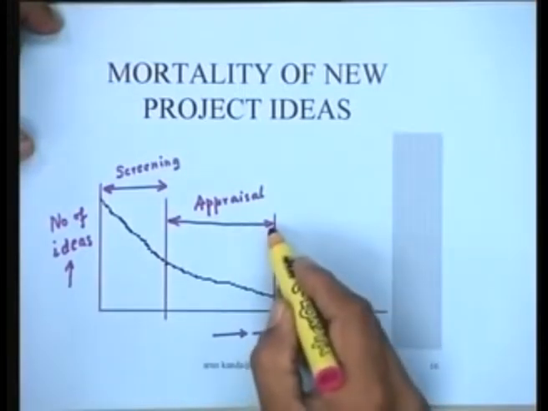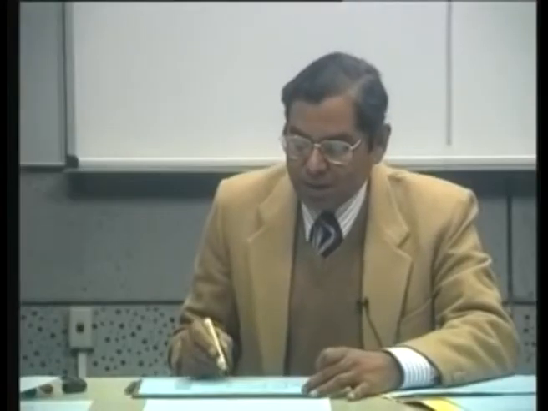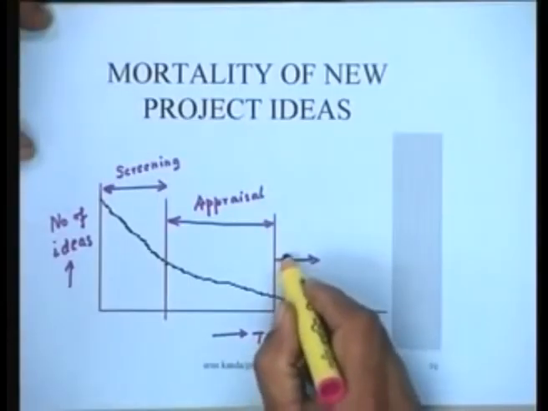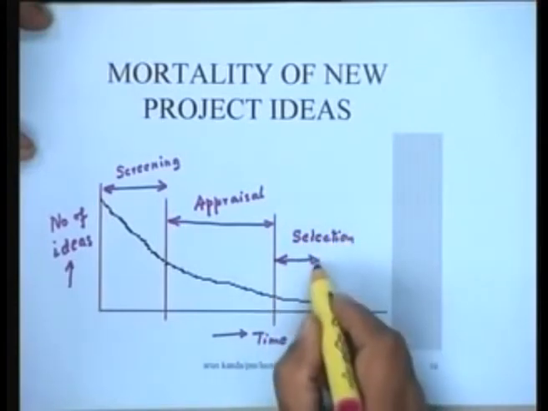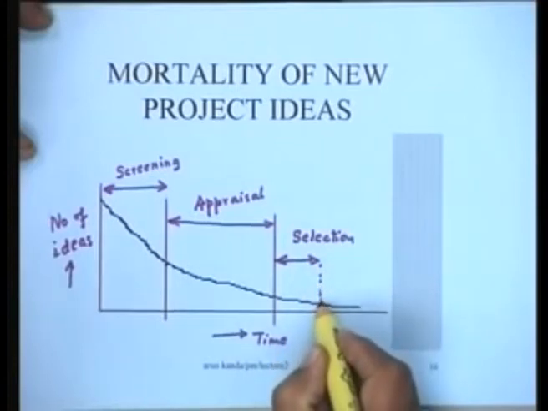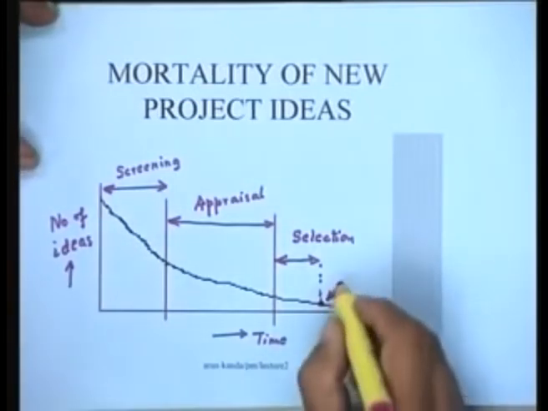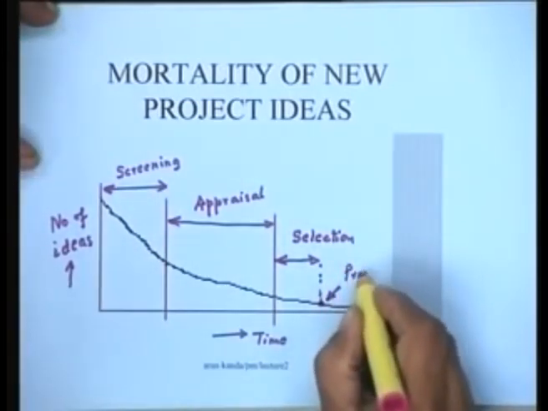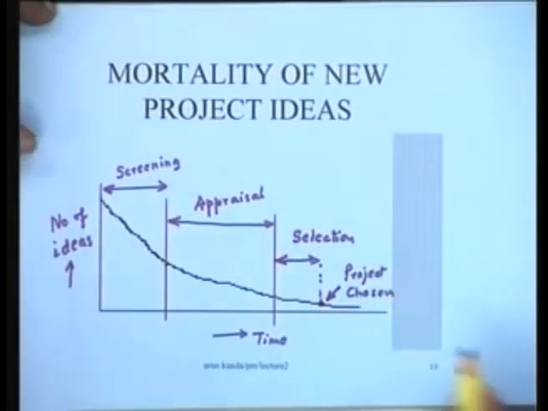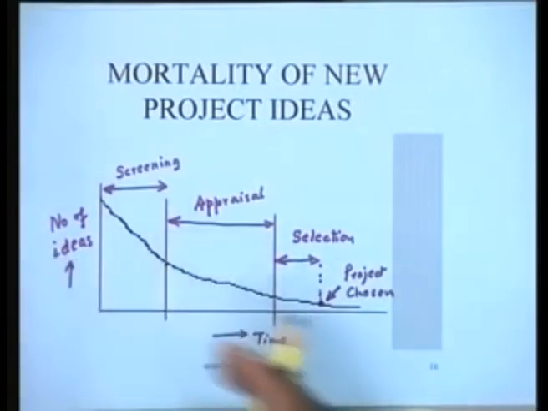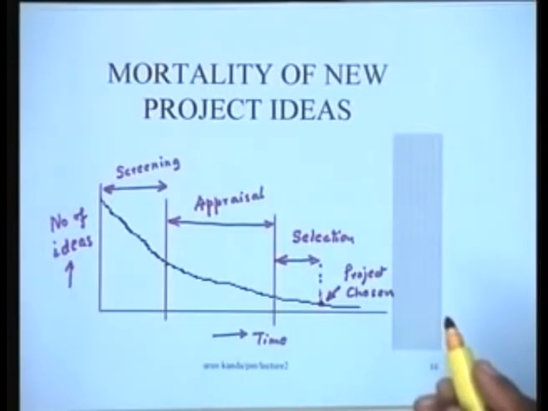And finally, after you have done an appraisal, you have a project feasibility report of 3-4 tentative projects. So ultimately you select a project here. So selection is here. At the end of this selection, you have basically one project which is chosen for implementation, which you start implementing. So I think this would give you an idea of the successive stages through which various ideas pass before you